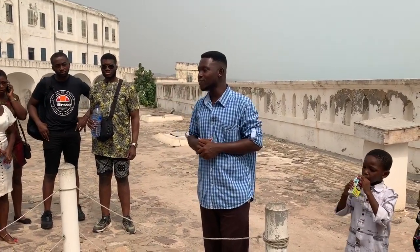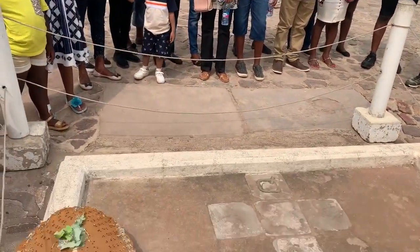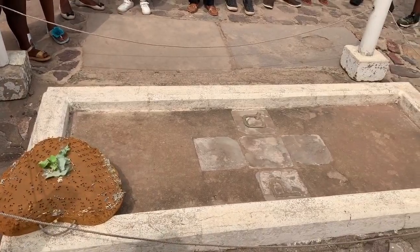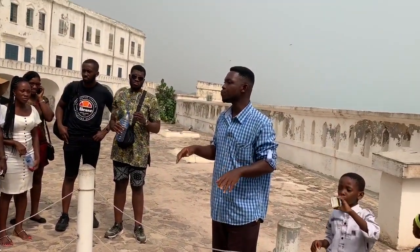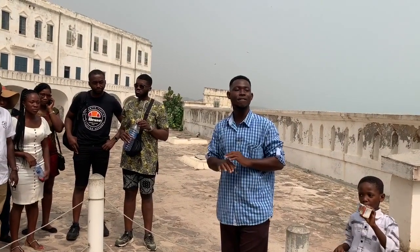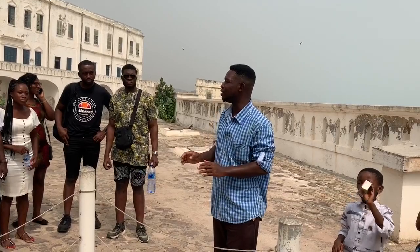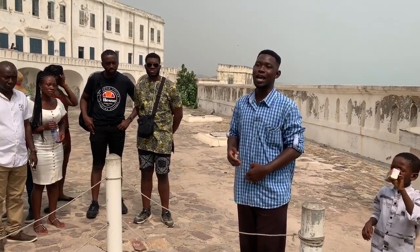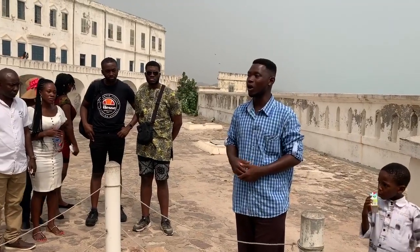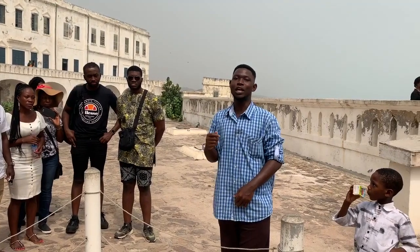The very first one in front of us is an African by name Reverend Philip Kwaku. Reverend Philip Kwaku was born in Cape Coast here in 1741, a native of this very town. During the time of slavery, Africa was known to be the white man's grave. Because of tropical diseases, most of the Europeans who came in here were not surviving, especially the missionaries they brought along. What they did is to pick 3 boys, William, Thomas, and Philip, to England to be